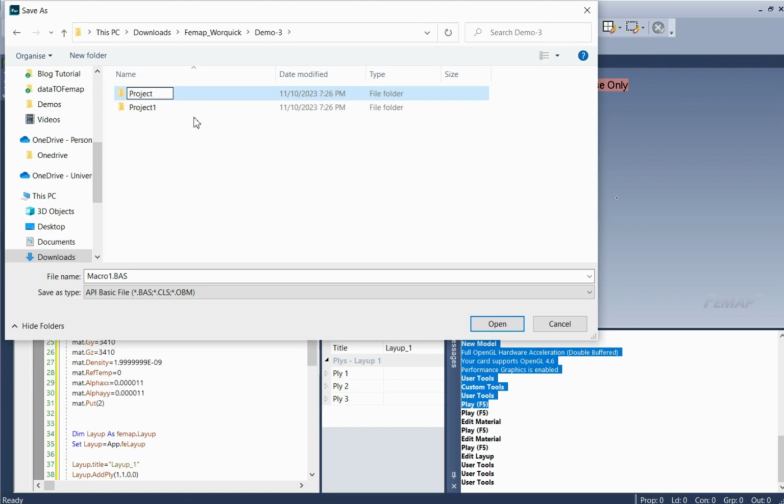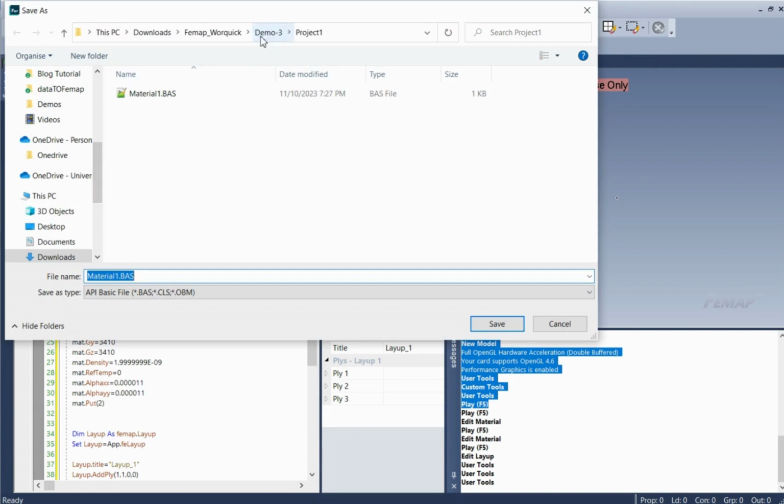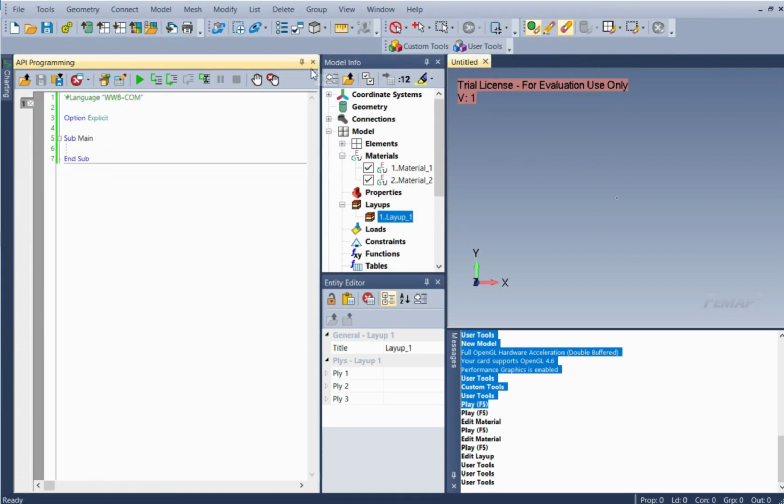So we're gonna save this first one, let's call it material 1, in project 1, and we save another copy in project 2. Let's say you create other material properties for another project in a similar way. So now to have access to this directly from here, what you do is you